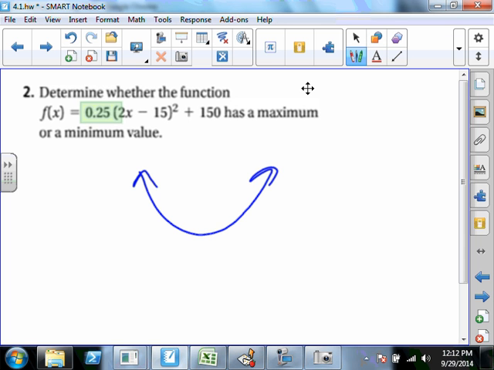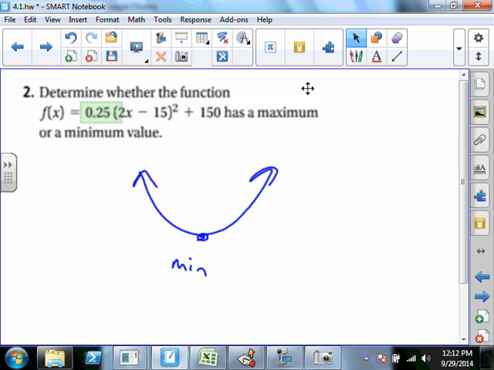So what they're saying is now we know it opens up. Is it a min or is it a max? This one is going to be a minimum. What's its maximum? Well, it doesn't have one because it goes clear up to infinity. That's it. If you couldn't tell that because you couldn't recognize the a value, well, maybe you could